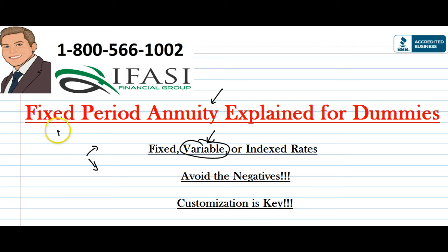But once again, understand for the fixed period, if you have a fixed period MYGA for 5 years, that means after the 5th year, you could then have full access to those monies. With a variable, let's say if you have a 7-year product, meaning a 7-year fixed period for that variable annuity, that means after 7 years, then you could have full access to that money to then roll over to the next thing.